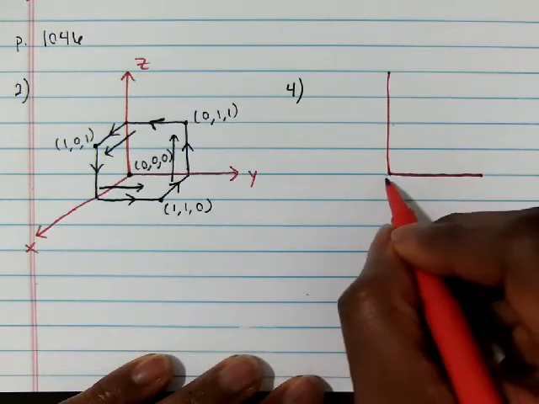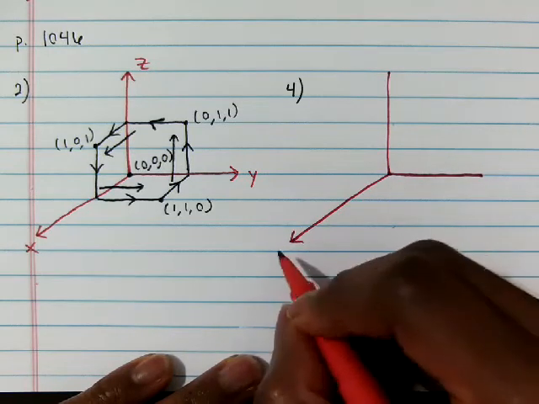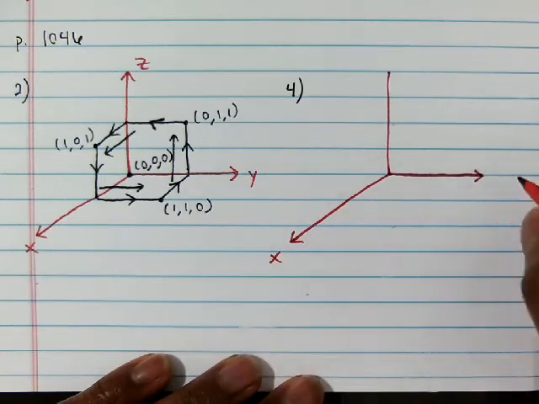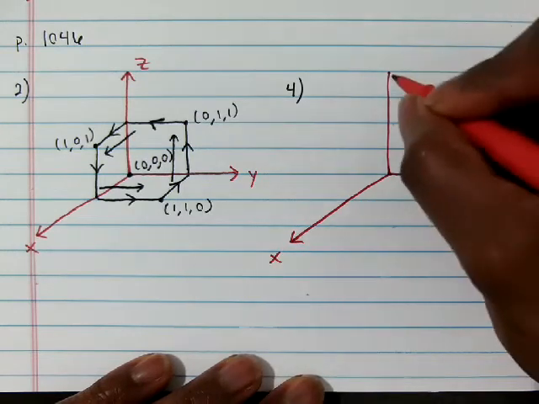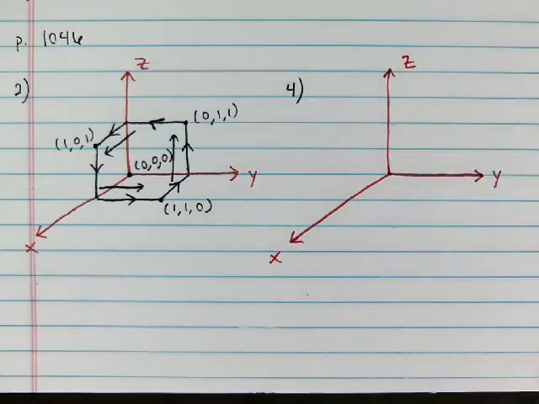But because we're only sketching the boundary curve, we're not supposed to sketch the surface. One, we're not going to have any shading, but we also won't have any sides on our cylinder,